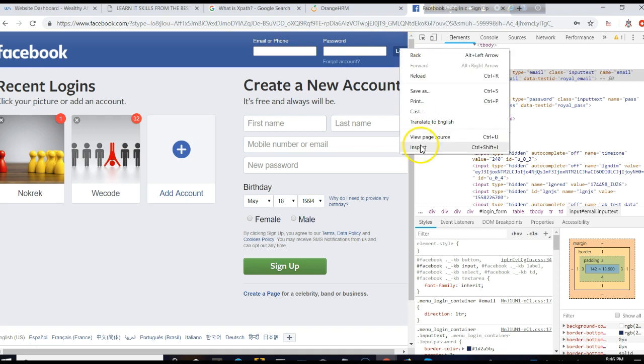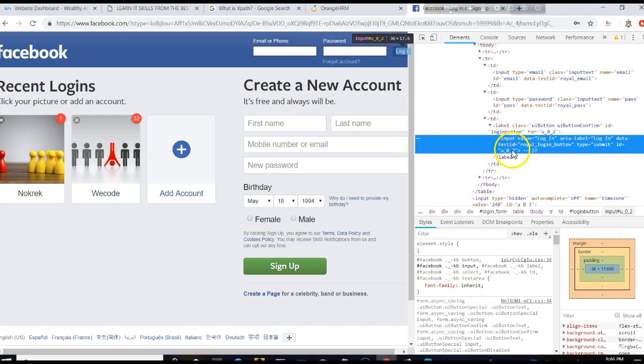Maybe this one. I can show you. This one, you see? ID u underscore 0 underscore 2. Okay? When you will run it,